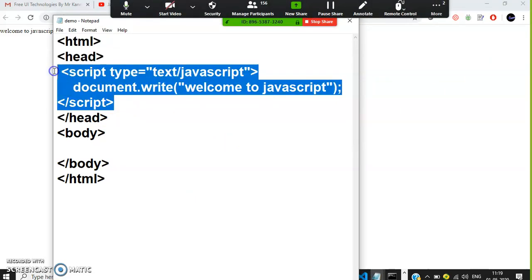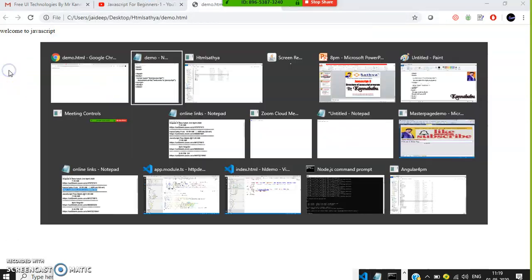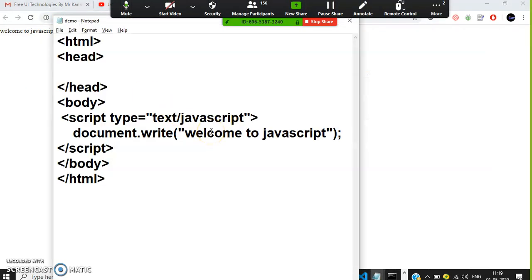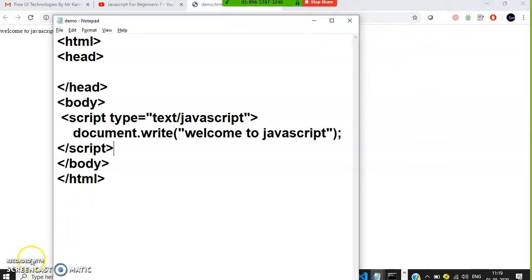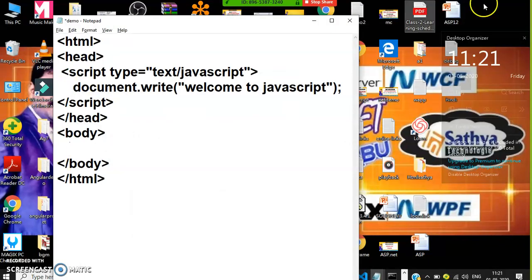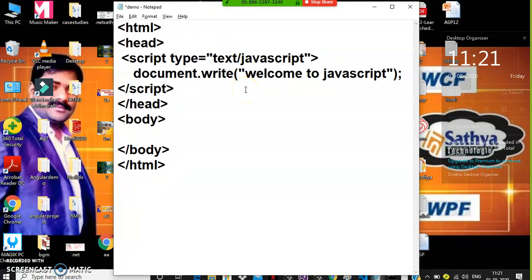You can write this script inside head or body also, and it will work. You will get the same output, but it is always recommended to write the JavaScript code in the head tag only. Because in real time we will not write JavaScript code directly in HTML. Our main target is to develop web applications. Whether you are a Java developer or a .NET developer, whenever you develop any web application, where will you write the web application related code?